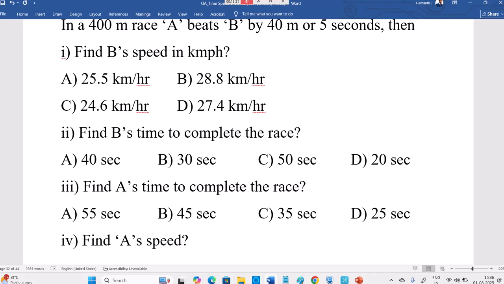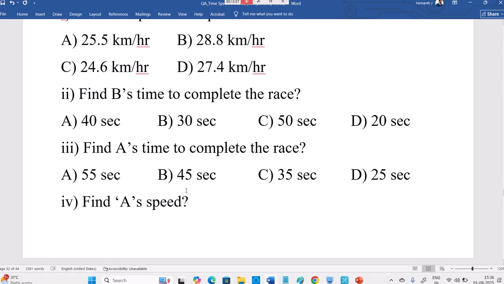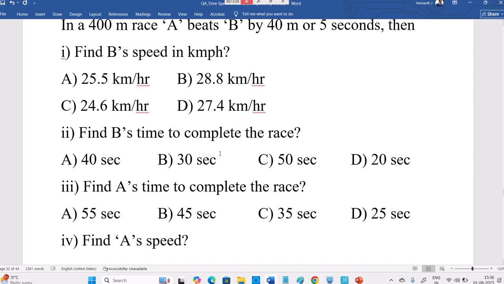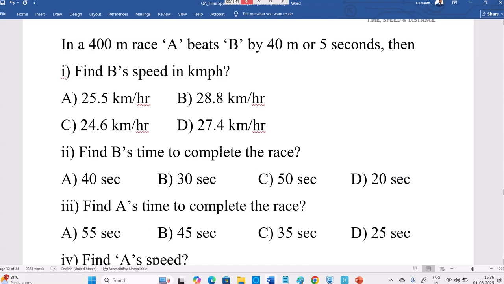My dear friend, why did I ask you in this way? Even if they ask to find A's speed, you should calculate the first three, then only you can calculate A's speed. If the question is regarding A's speed, you should do the first three questions, then only you can go for the fourth one. In the exam they may ask for the time taken by A; even then you should do the first two, then only you can calculate the third one. In one question, with one data, I'm asking all these four questions deliberately, in sequence. Whatever they ask, first you have to calculate in this way only.